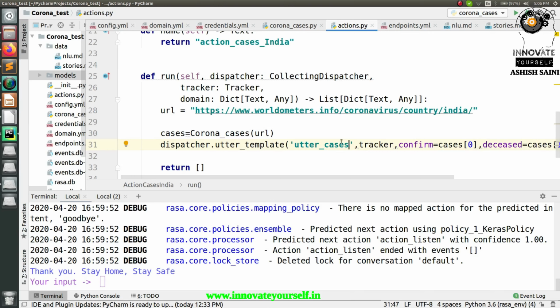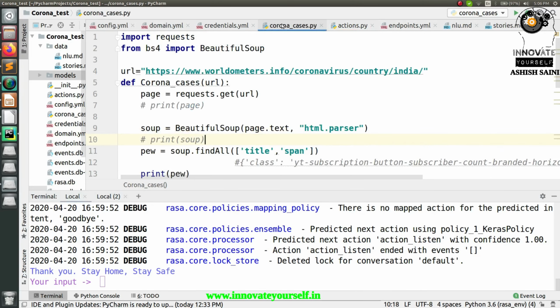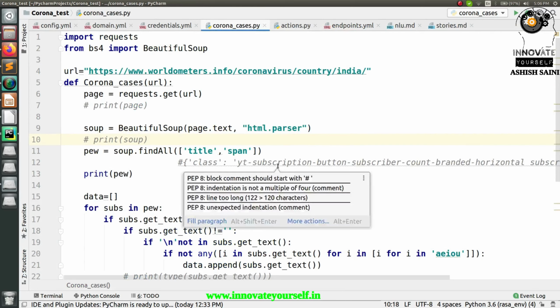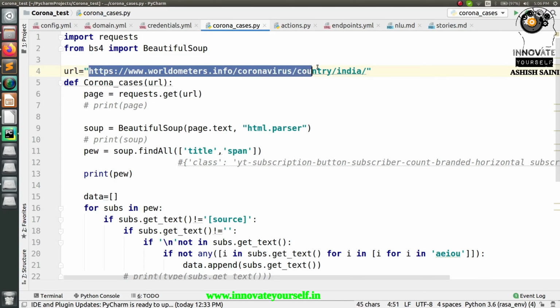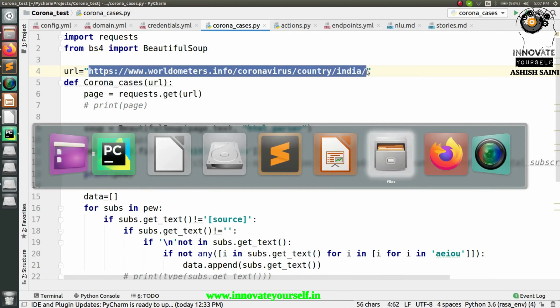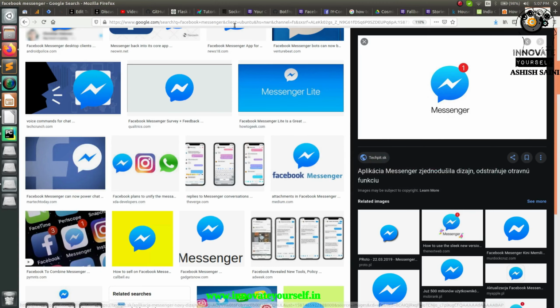To fetch those values, I'm going to create a separate file. So this is a separate script for me. Here you can see I have already made the program completely for that, so that when I call an API, I should be able to fetch that data from that particular API. In my case, you can see this is the API from where I want to fetch the data. For now, just copy this and check what I'm going to get on this particular link. So let me just open this.